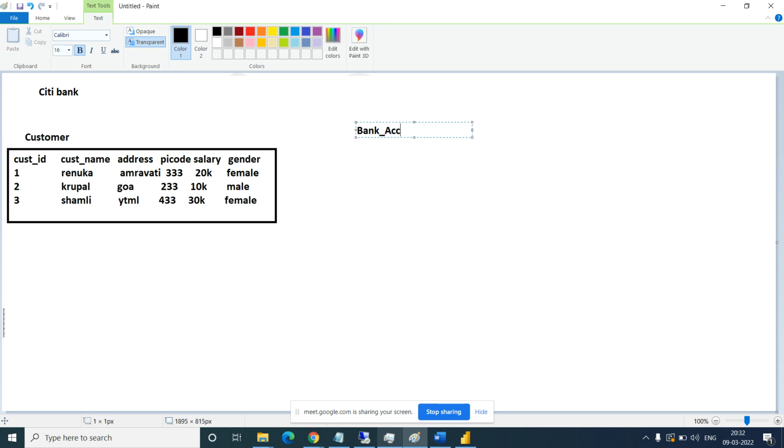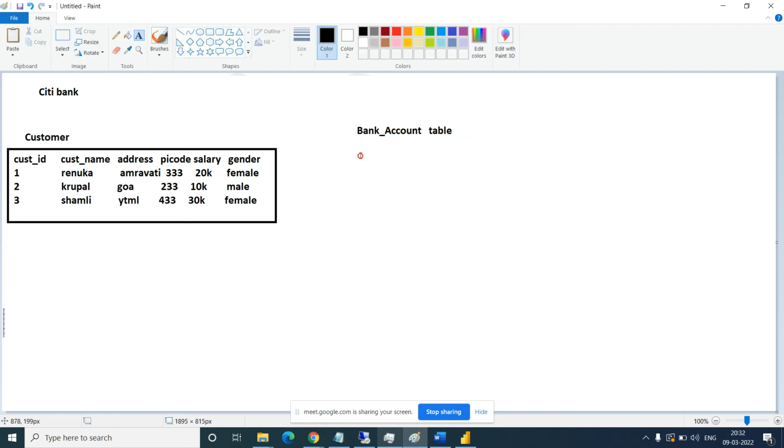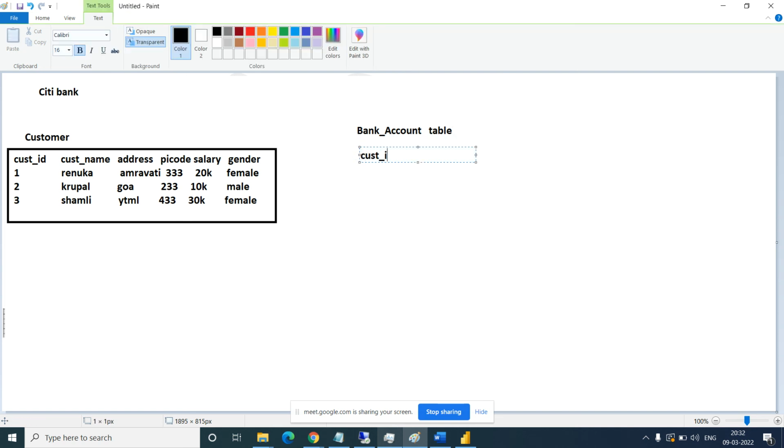In the bank account table, there will be the customer ID, then the bank account number, account type, and then the balance in that account.